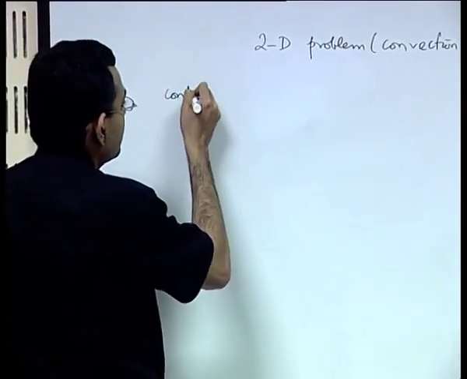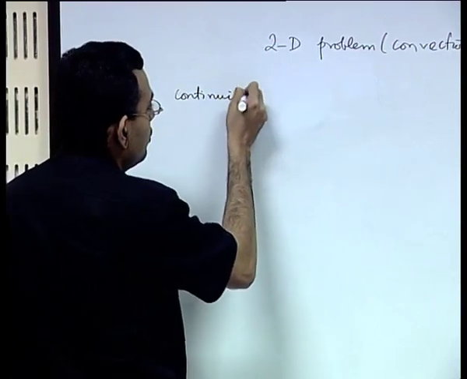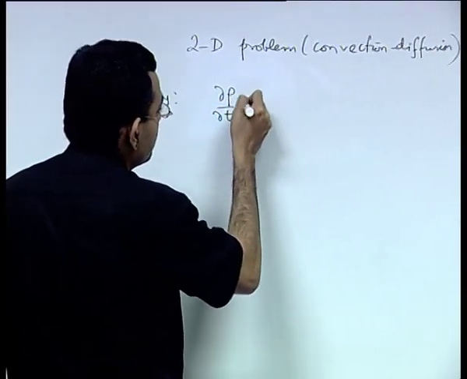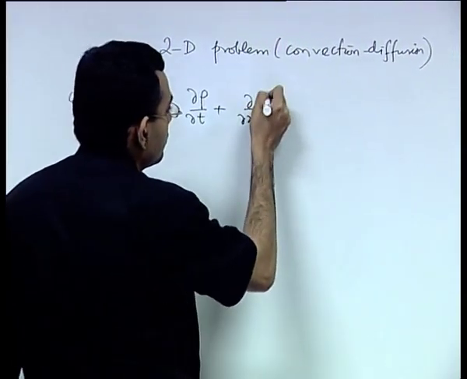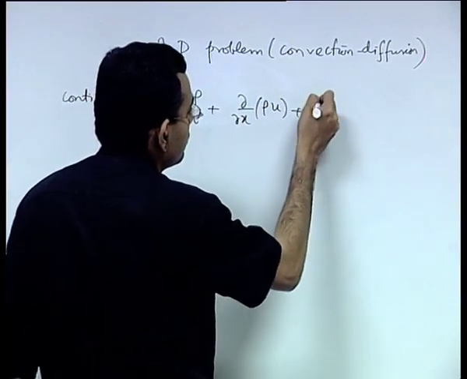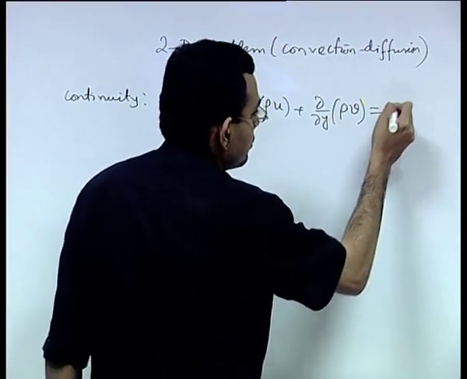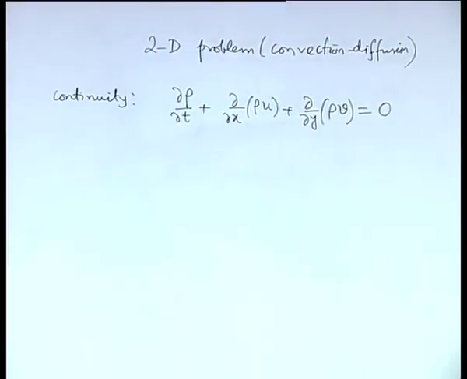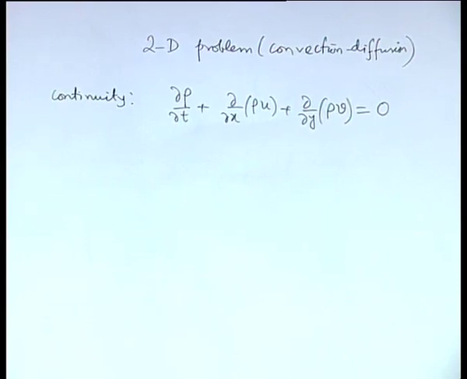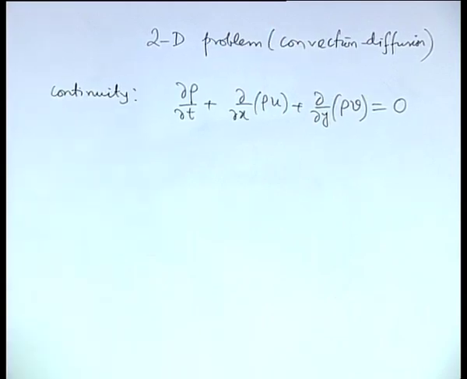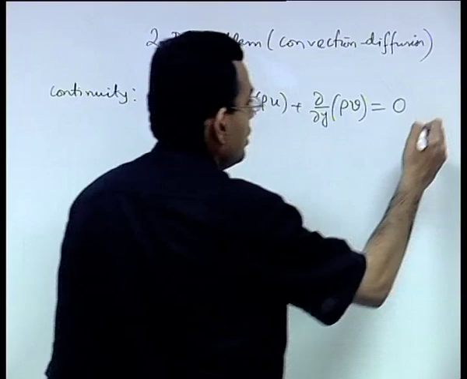First of all, we must have the flow field satisfying the continuity equation. So, this is the continuity equation. Let us call it equation number 1,